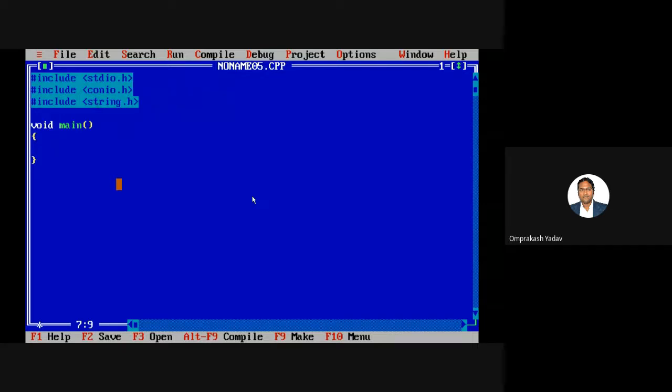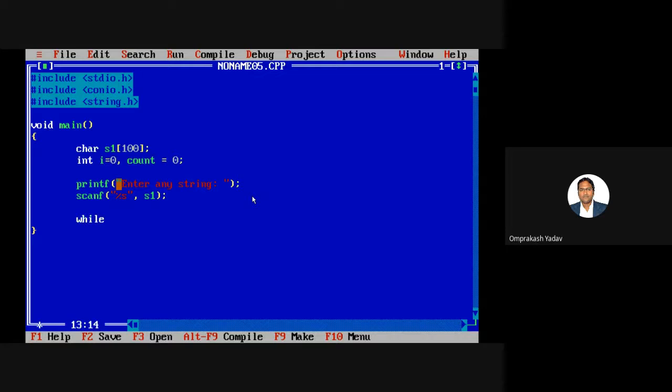Okay, so here char s1, let's say I'm having 100. int i equal to 0, count equal to 0, printf enter any string, scanf %s, s1, not str.